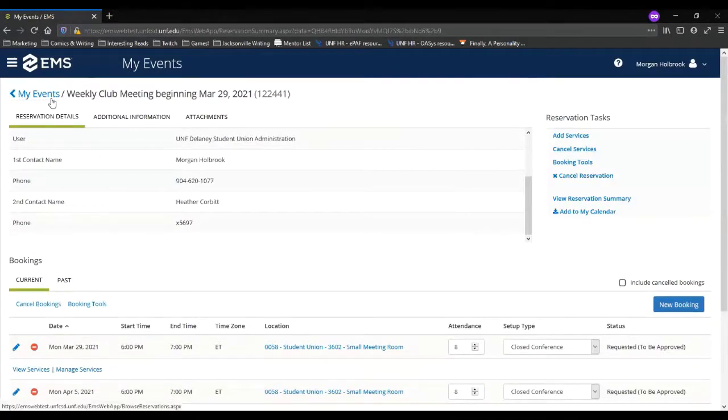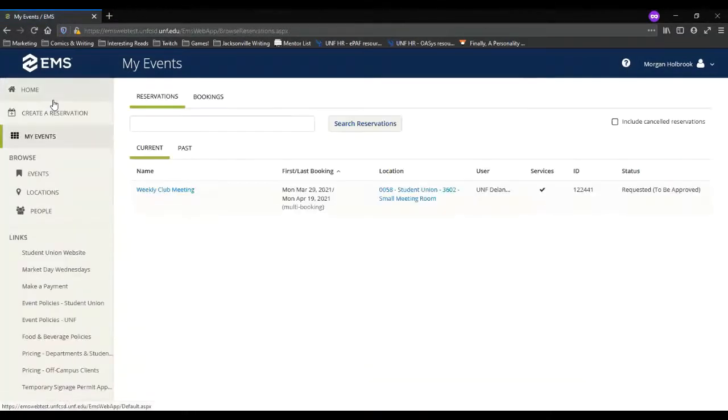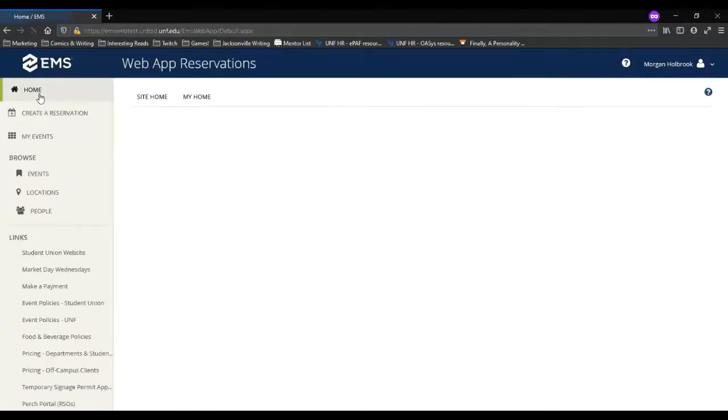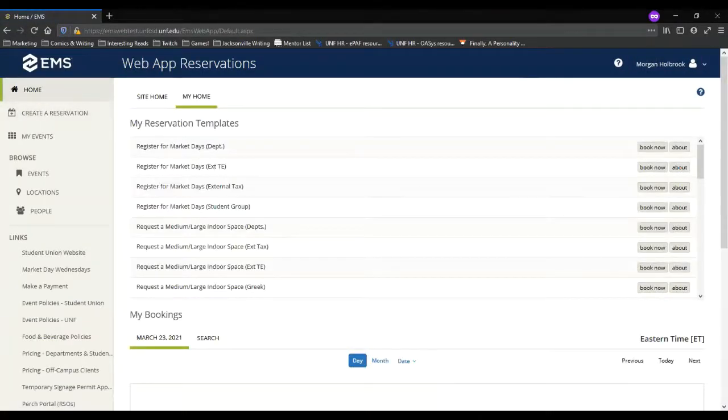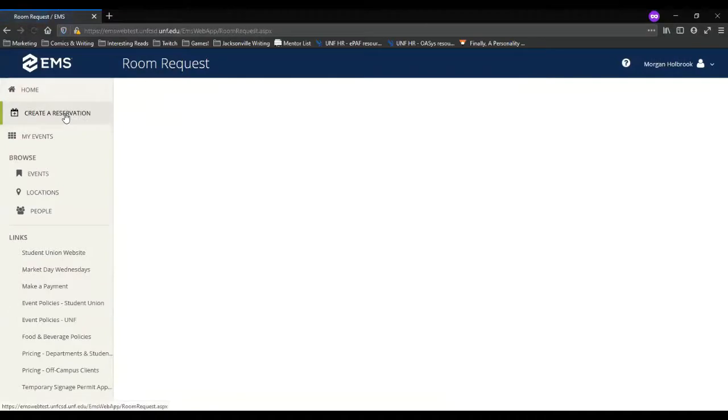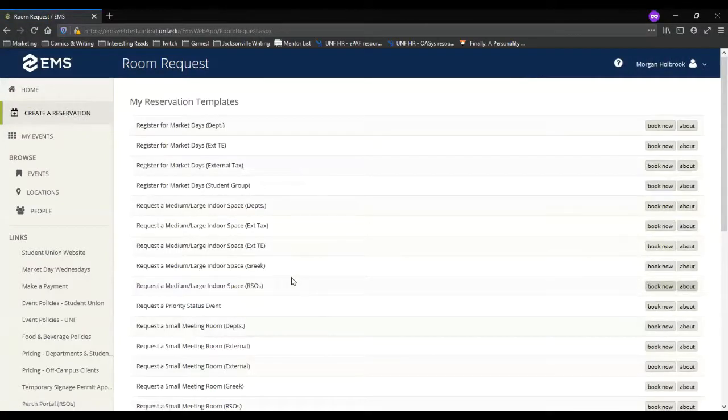Okay. So let's go home. And we'll actually look at the process of requesting a reservation. So first we'll click Create Reservation. And then